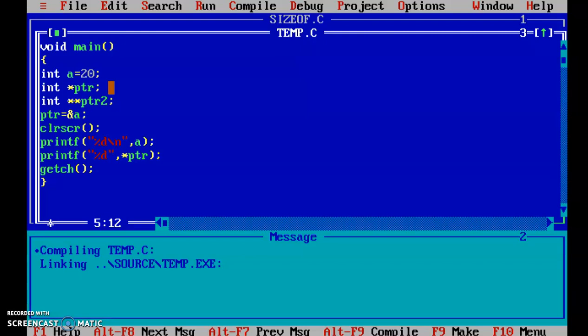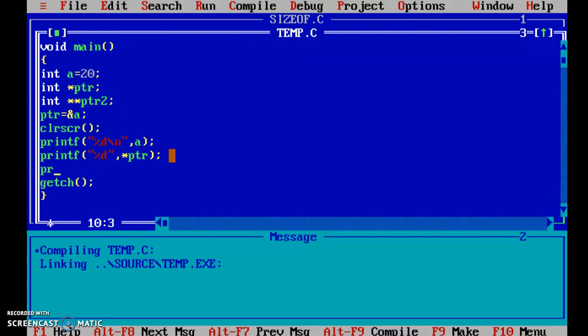So this is called as pointer to pointer. So what is pointer to pointer? See, from first, A can store any value, ptr can store address of a variable, and ptr2 can store address of ptr. So that's why it is called as pointer to pointer.